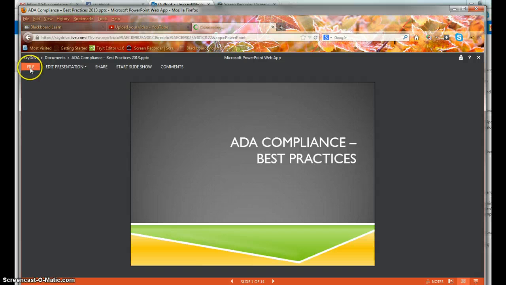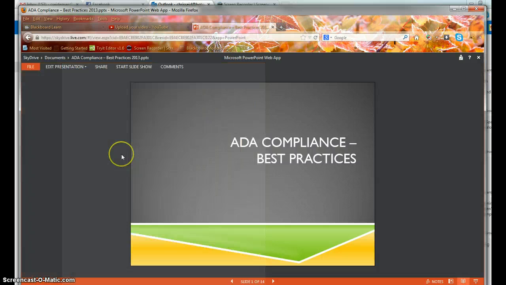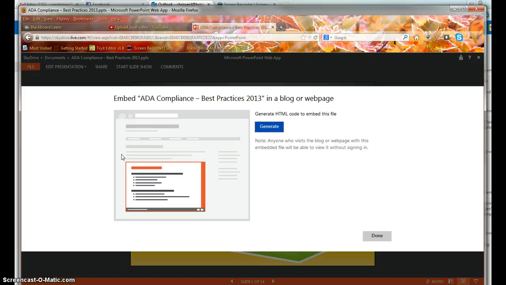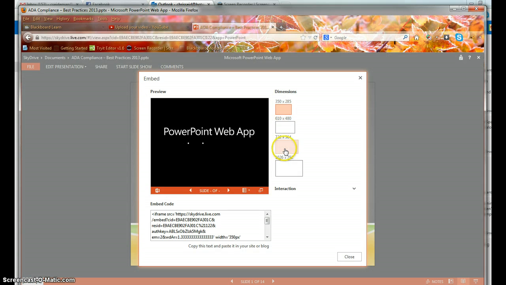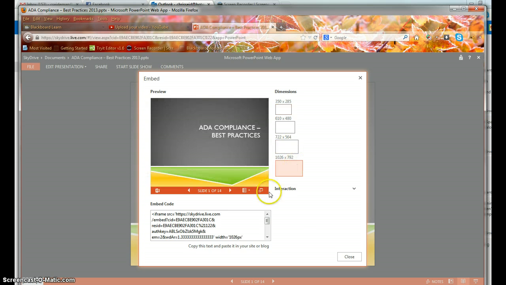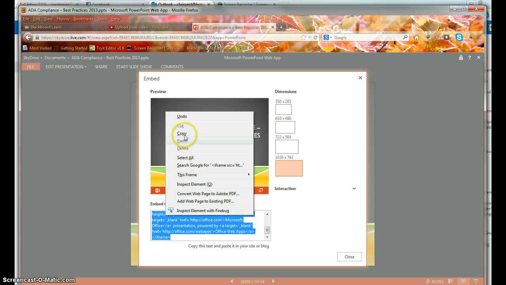But what I'm going to come down to is File, Share, and I'm going to get an embed code. This will then transfer this entire PowerPoint into an embedded PowerPoint in Blackboard. So I'm going to generate an HTML code to embed this file. And I can choose the size. You have a bit of text on your PowerPoints, so I would do the largest size here. And then I'm going to come into this embed code. As soon as I click it, it highlights everything, and I'm going to copy that embed code